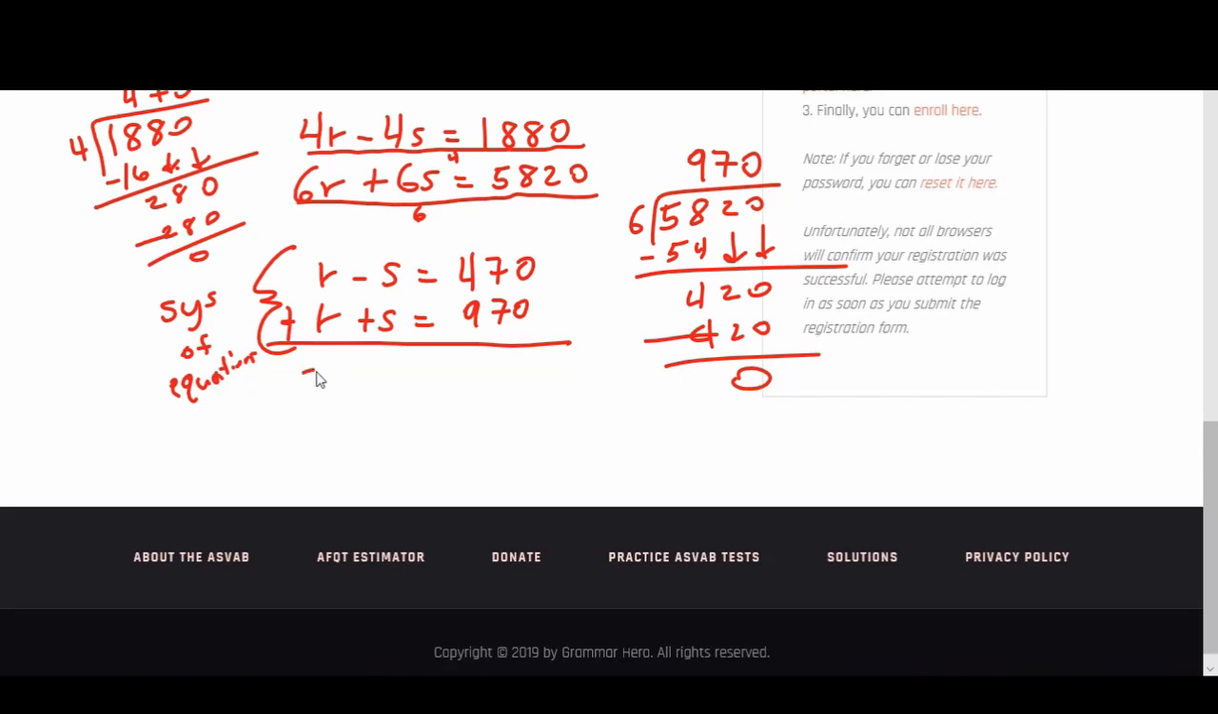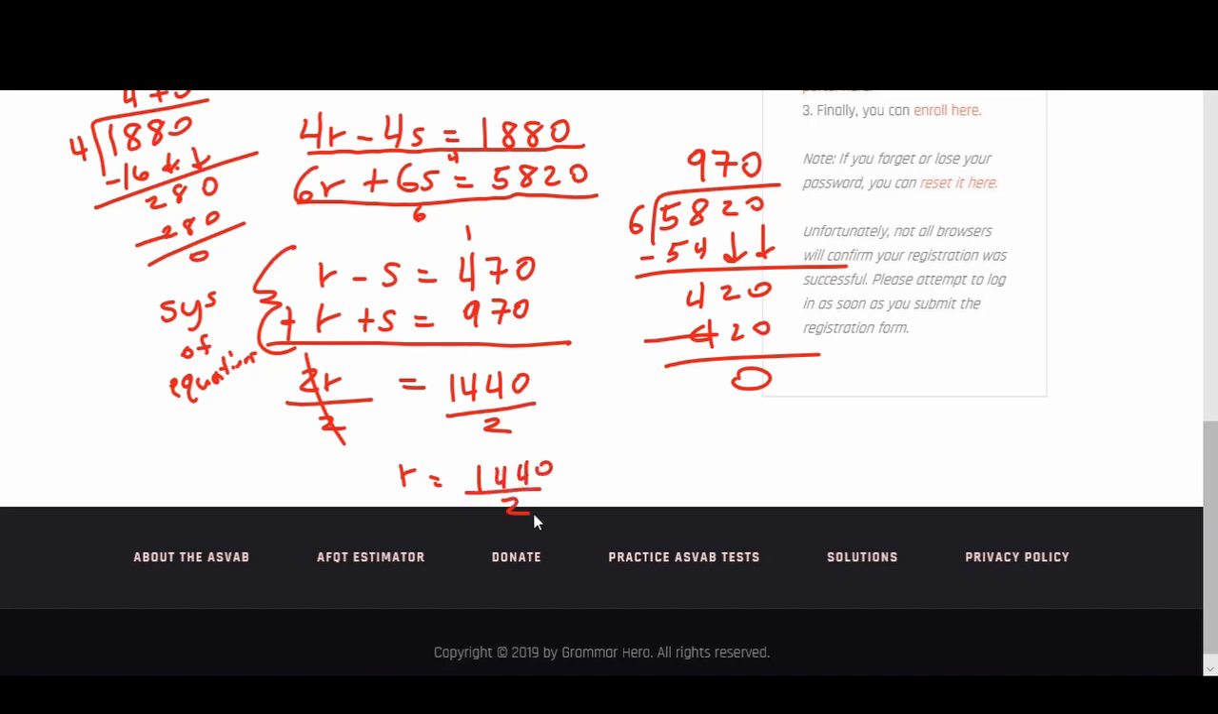R plus r is 2r. Negative s plus s is nothing. 470 plus 970: 0 plus 0 is 0. 7 plus 7 is 14. Carry the 1. 9 plus 4 is 13. Plus 1 is 14. We have 2r equals 1440. Divide both sides by 2. This gives us r equals